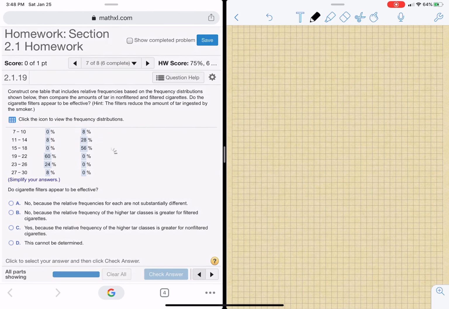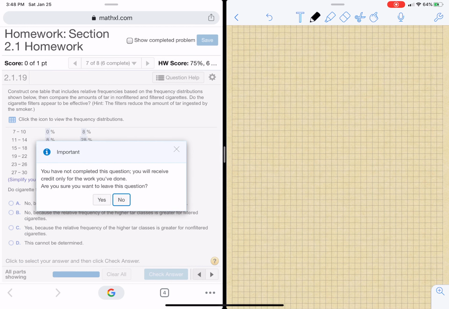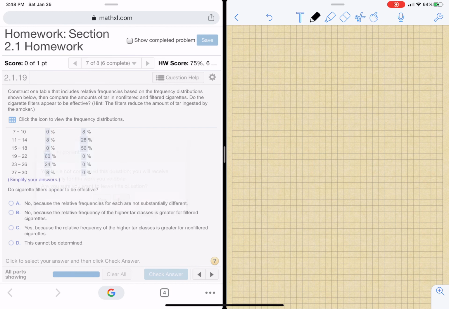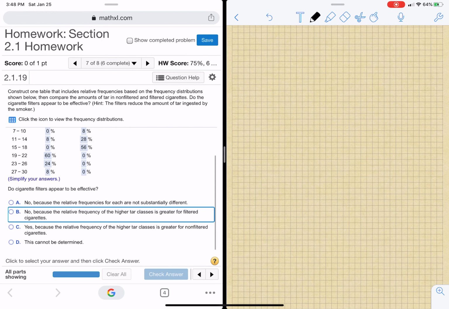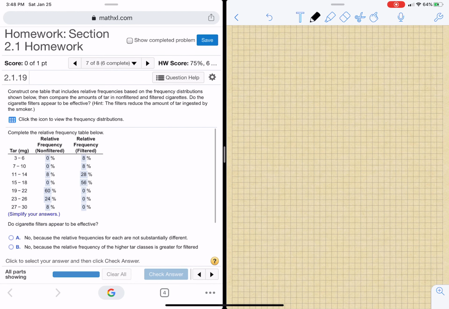Oh, did I miss a question? Okay, does non-filtered be defective? Okay. All you have to do is think about it. The non-filtered should have less tar. Non-filtered, no. Non-filtered, that means there's no filter, should have more tar. Okay, good. Filtered should have less tar